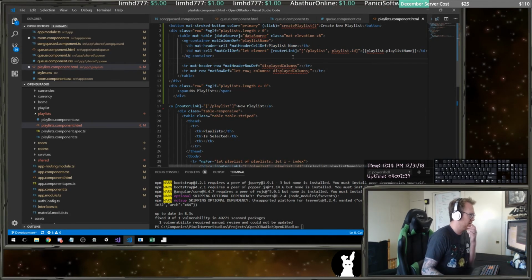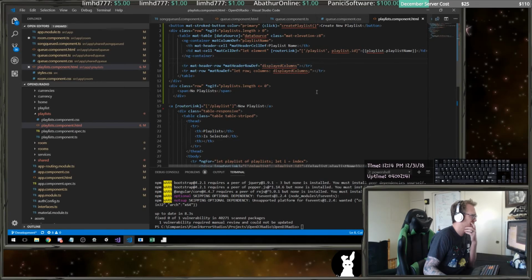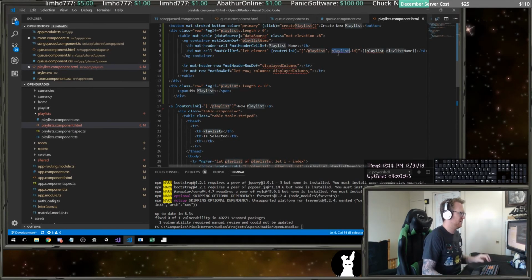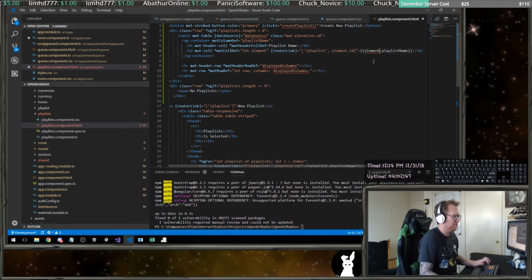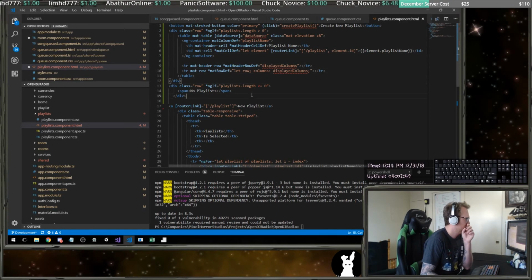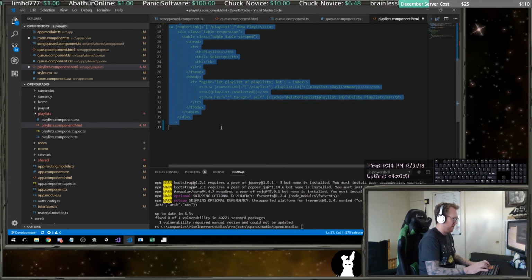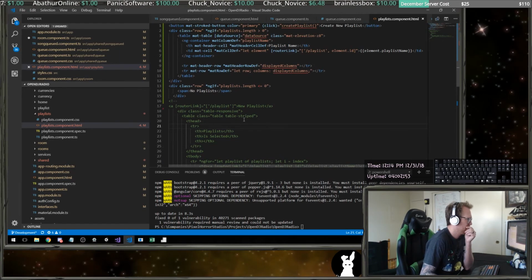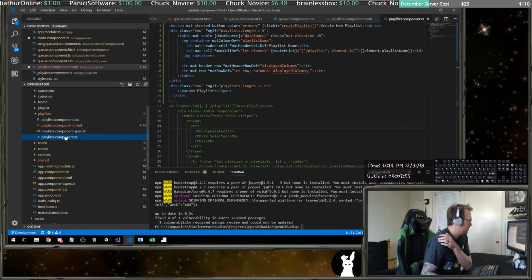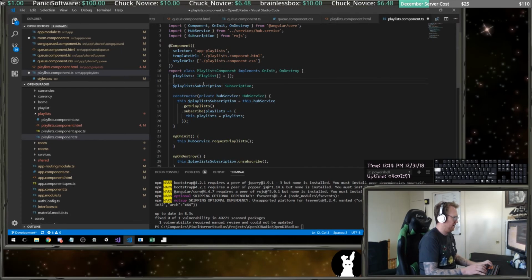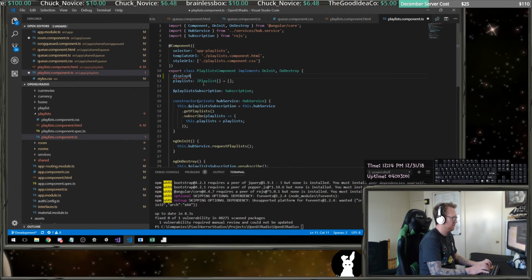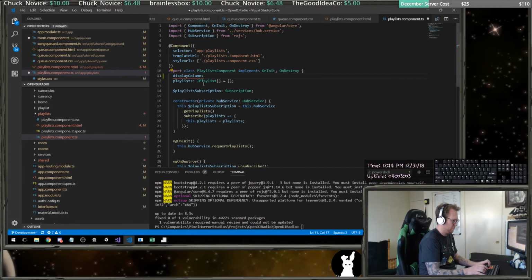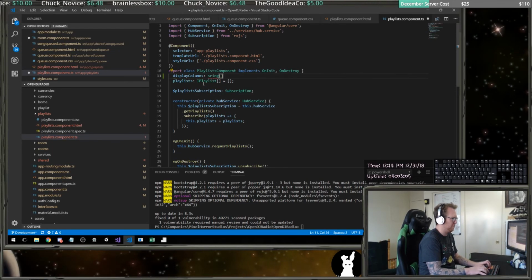With the displayed columns. This is an element.id and an element.playlist. And then all of this we can comment out. So on the front, I need to have a displayed columns, which is a string array,